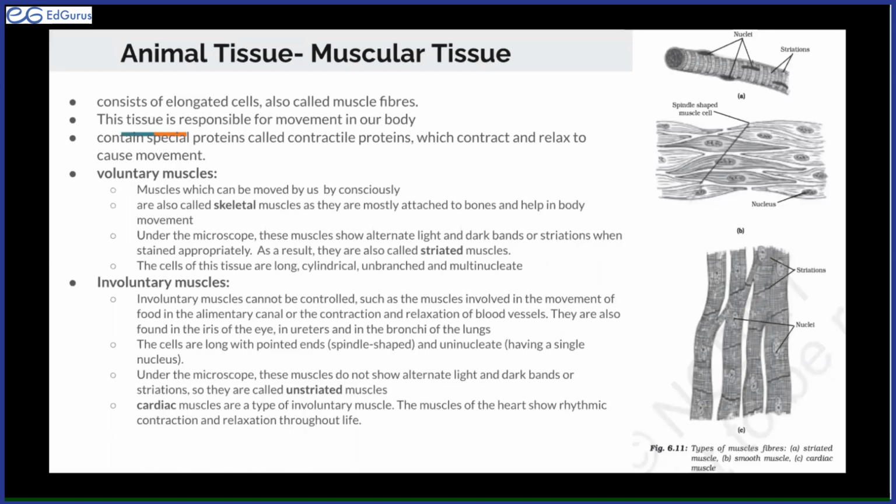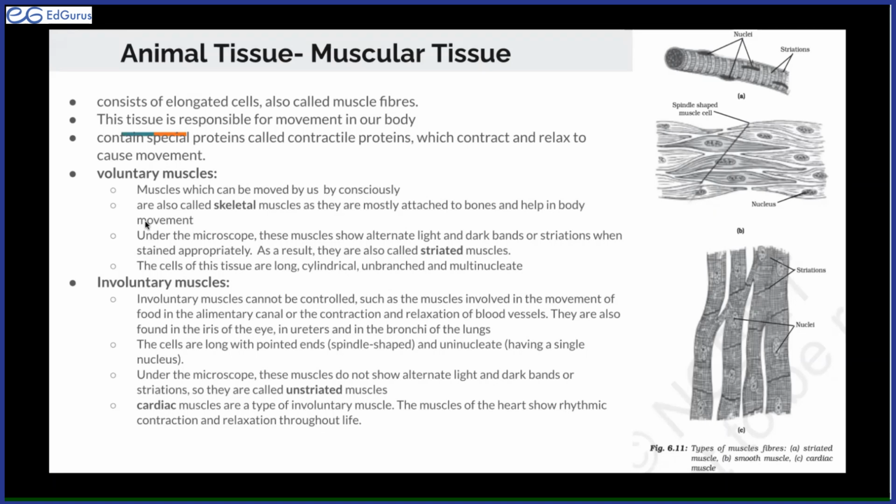Ma'am, eye blinking. Eye blinking, exactly. Hand moving, eye blinking, leg moving, basically any muscle that you can control. Like your mouth muscles, your face muscles, your arm muscles, your leg muscles, any of these movements you can control on your own. You think that I want to move this muscle and then you move it. So basically this is what a voluntary muscle is: if you think of moving it, you can move it. Now, involuntary muscles are different.